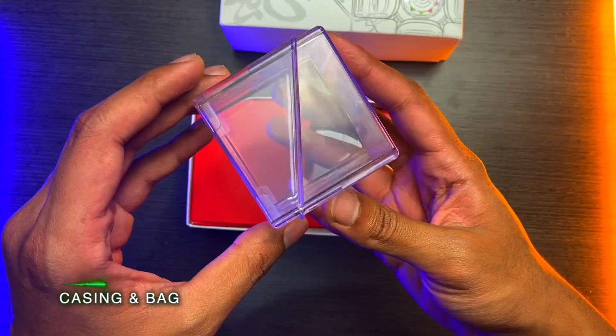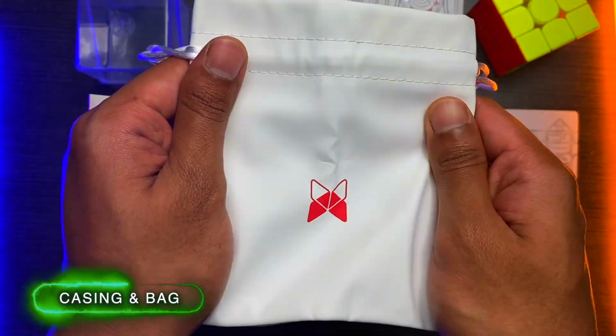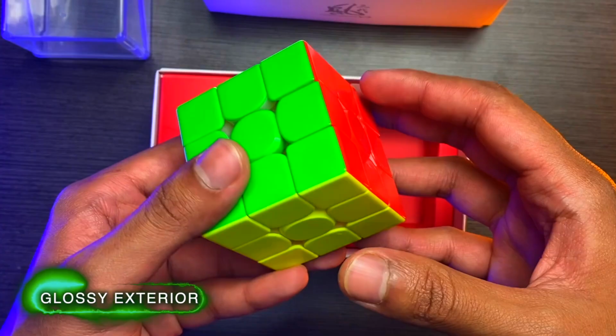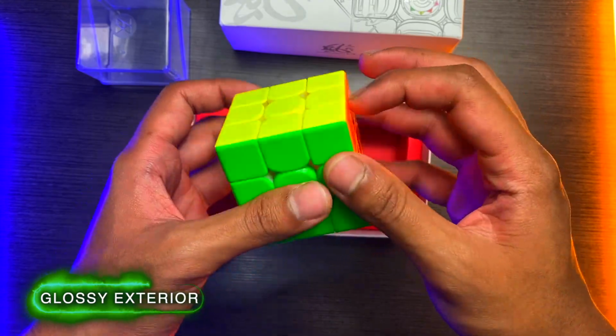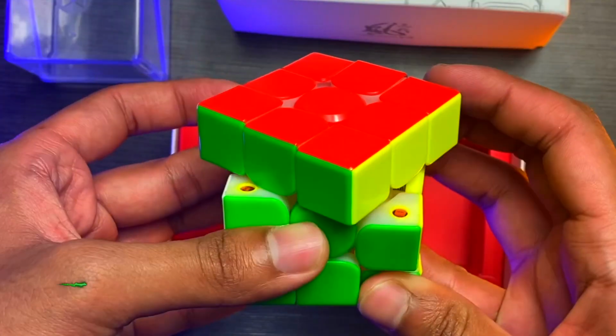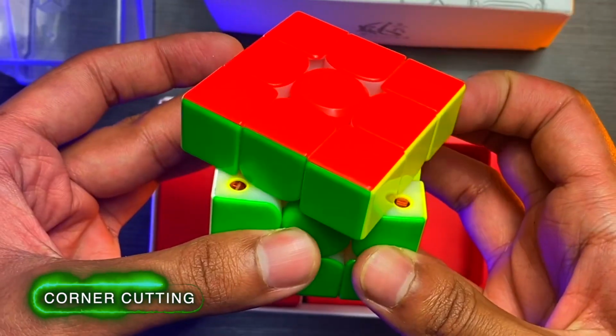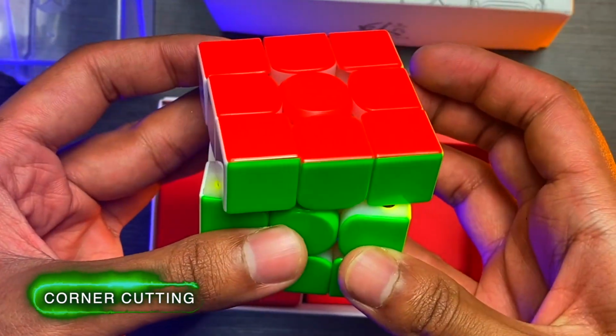The good. The cube comes with a high-quality magnetic clear casing and a premium leather cube protection bag, which allows you to travel with ease. The V3 has an attractive glossy finish, which gives it a smoothy yet grippy feel. The most significant improvement came in the corner cutting. Qiyi said they paid attention and gave more focus on improving the corner cutting, giving the cube a lot of